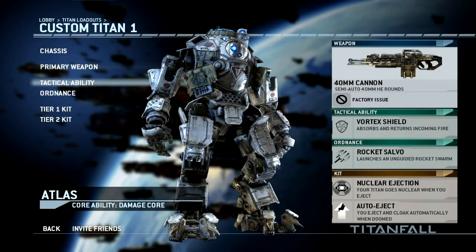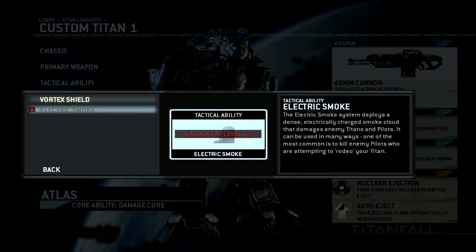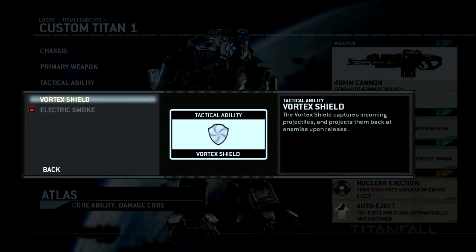Now, with every Titan, you also get a tactical ability. These abilities will allow your Titan to perform different things on the hotkey Q on the keyboard, just like your cloaking abilities or your stim abilities as a pilot. But what will happen here is you'll be able to use either Vortex Shield,